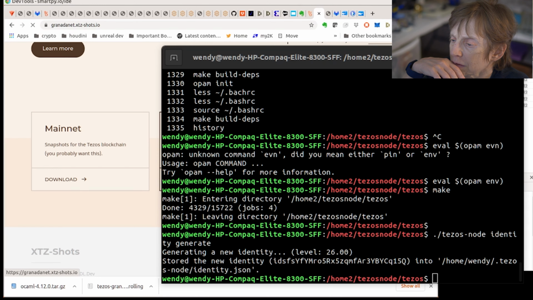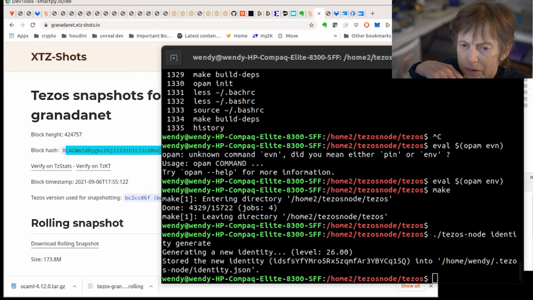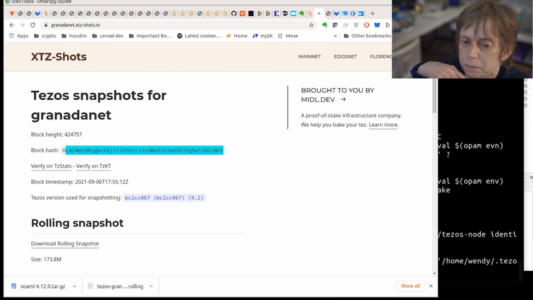And this is our hash, that I think you can see. I had to copy the hash, and what I'm trying to do here is make